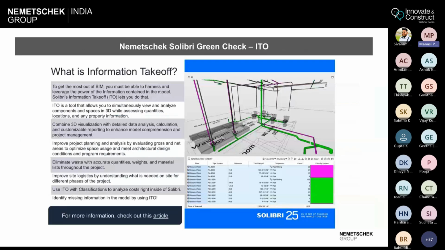What exactly is information takeoff in Solibri and how does it work? Once I slice and dice the model, I can have very flexible templates inside Solibri to extract the information. This information allows us to simultaneously view and analyze the model in 3D, as well as check the quantities, and check the properties from a design perspective, from area calculation, from certain analysis,